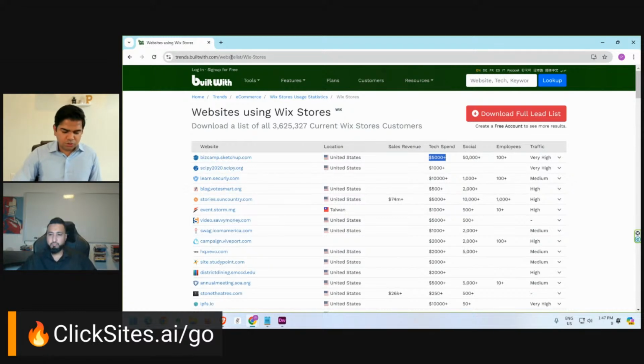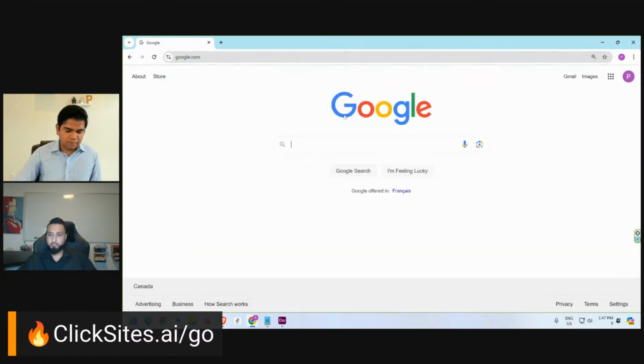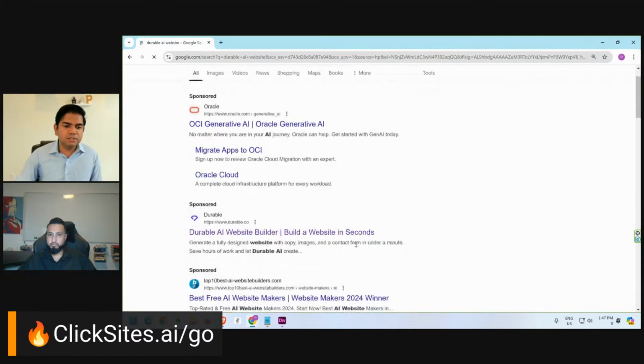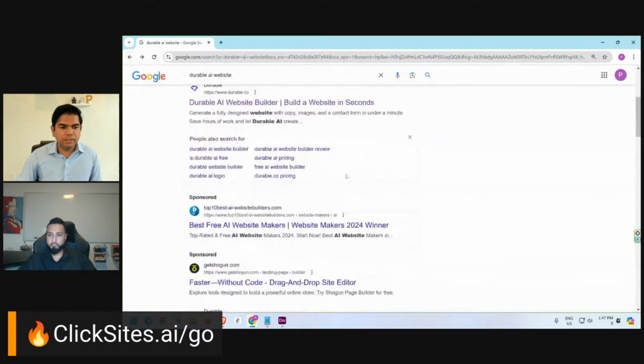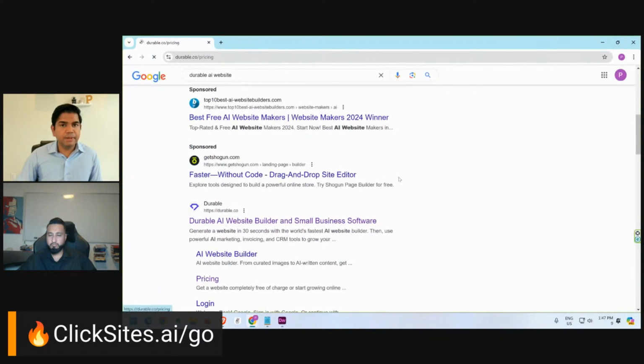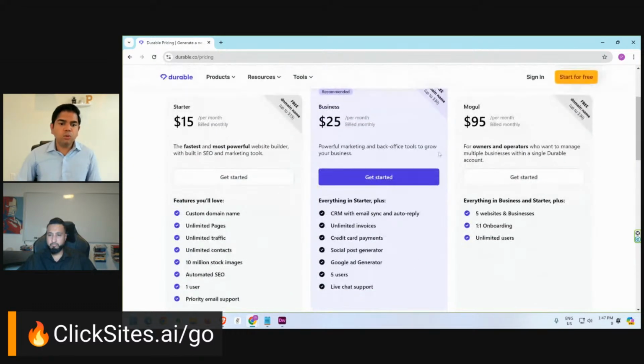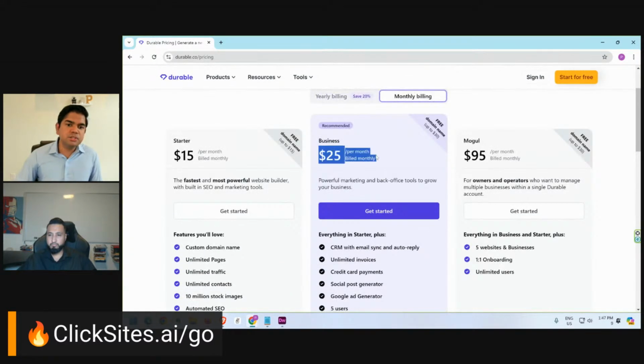And then if you go into this other platform, let's go to Google again. This is the Durable AI Website Builder, right? If you find out every single business using this Durable AI Website Builder platform, which I showed you earlier, and if you go in here, this is the pricing page of that. Watch this, monthly. Most businesses are using a minimum of the $25 a month plan or the $95 a month plan,